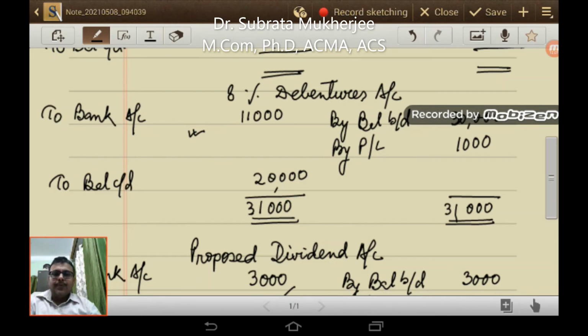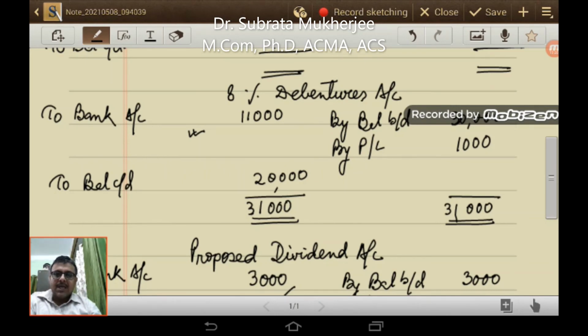The opening balance was 30,000 and the closing balance was rupees 20,000. So altogether 10,000 of debenture was redeemed at a premium of 10%. It means the amount that was redeemed was 11,000. So 8% debenture account debit to bank 11,000, and this 11,000 I will post on the application side of